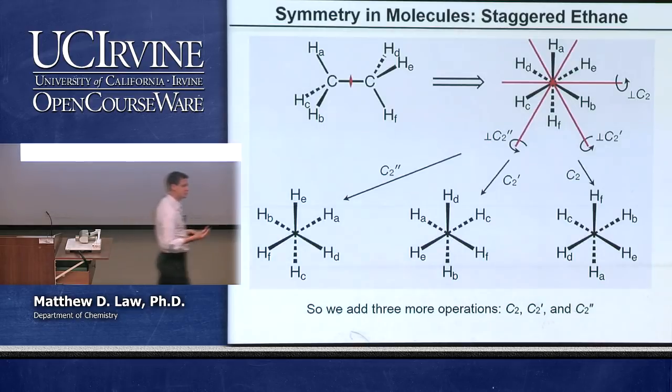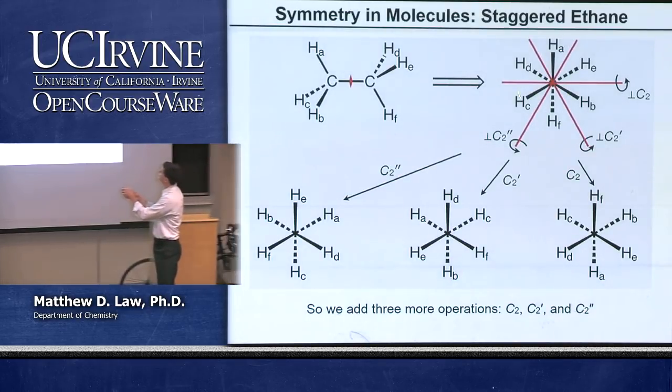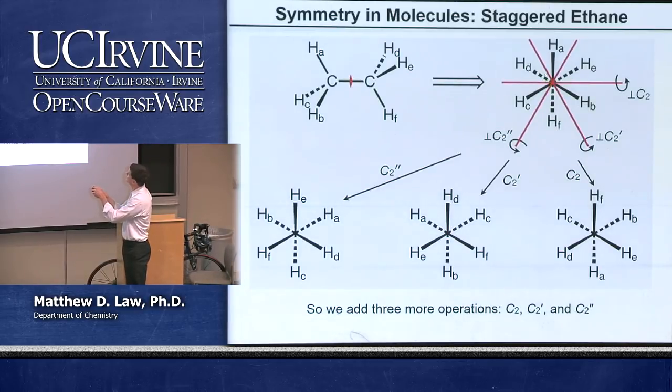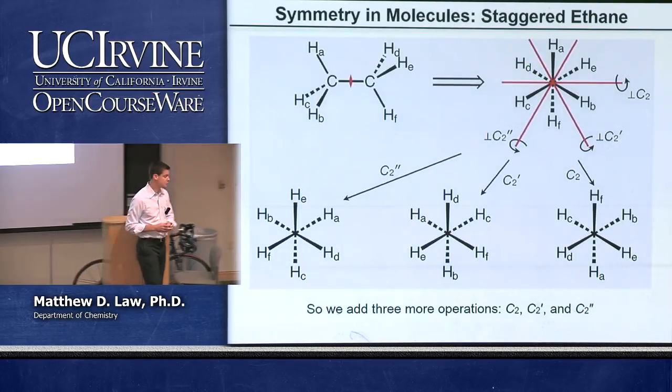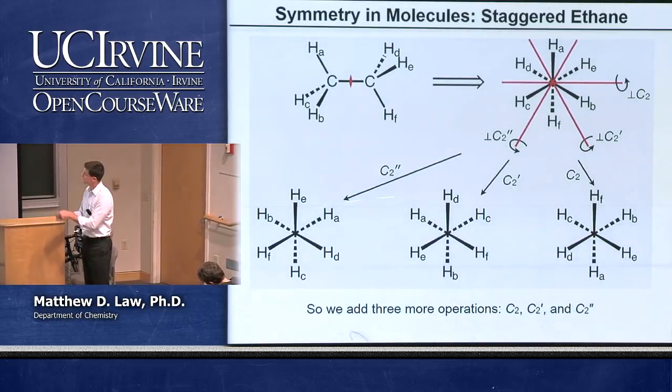There are 2 more that are perpendicular to the other planes that contain the hydrogens, and those are inscribed here in this axis view of the molecule. So we have our C2 here, we have another C2 that's perpendicular to this plane, and we have a third C2 that's perpendicular to this plane. C2 rotation around any of those axes is going to give you equivalent configurations that look like this.